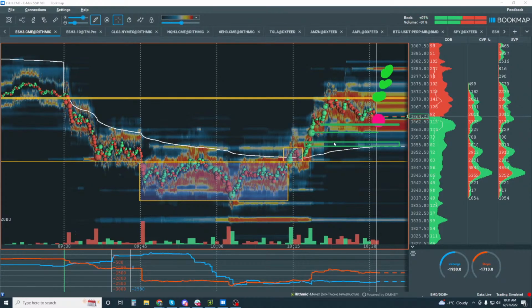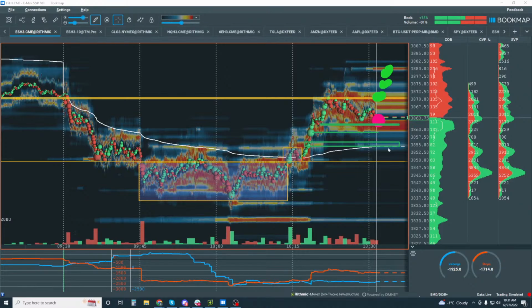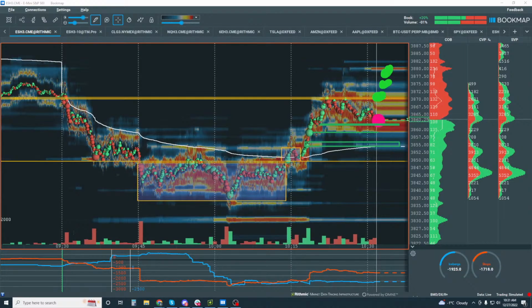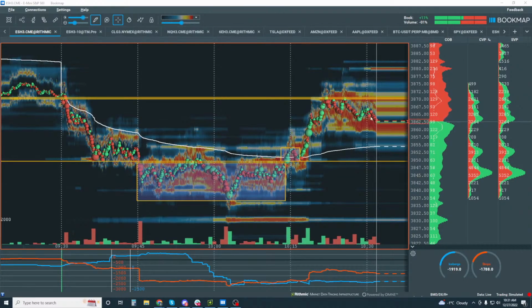So if you're a VWAP trader and you're looking at that, you can mix this with the order flow. So you'd be looking for a move down to here and maybe a bounce off of VWAP. And it makes sense because look at the range here. You see the top of the range in here, and then VWAP is support right there at the top of that little range here. So these are the two scenarios we're looking for, and then we'll just wait for it to start to unfold, and then you can look for a position, and then you can manage that position,